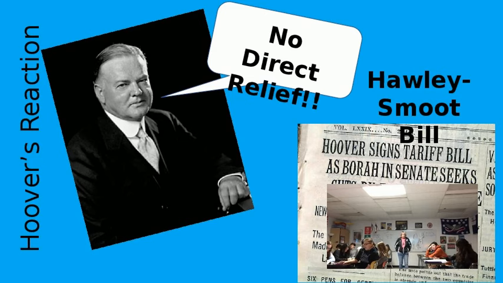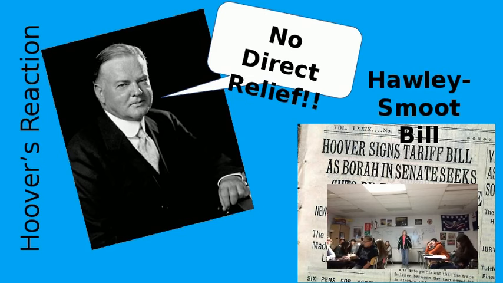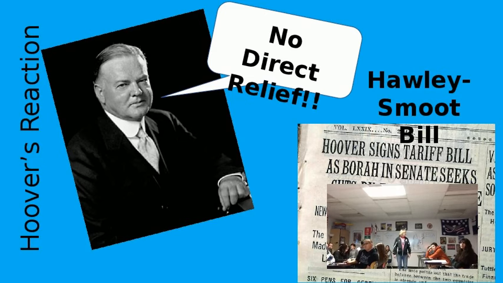He tried to increase the tariff, although that failed. This was the Hawley-Smoot tariff. The whole purpose of that was trying to build up American enterprise, but it didn't work. And so he did some things towards the end of his term. He did pass some stuff for some relief. But what he's remembered for is no direct relief. He's remembered for the Bonus Army and what happened to them that we saw in the video yesterday.